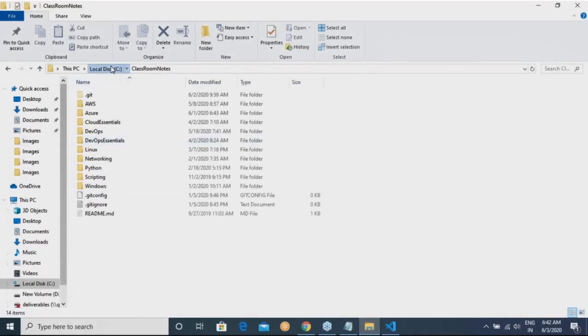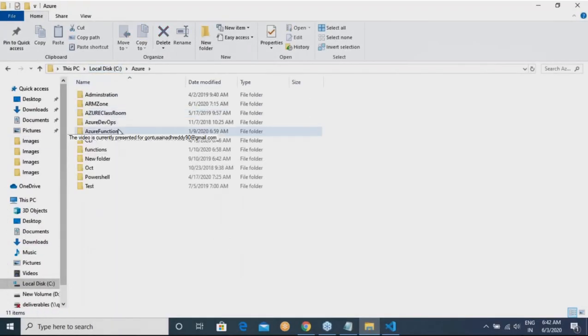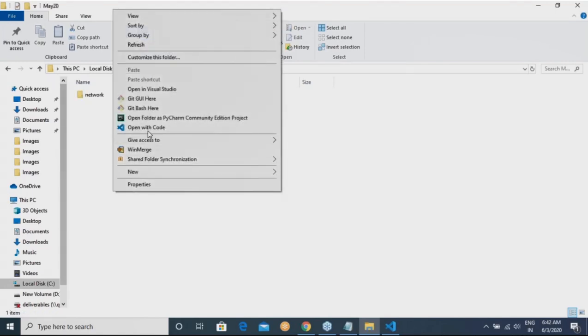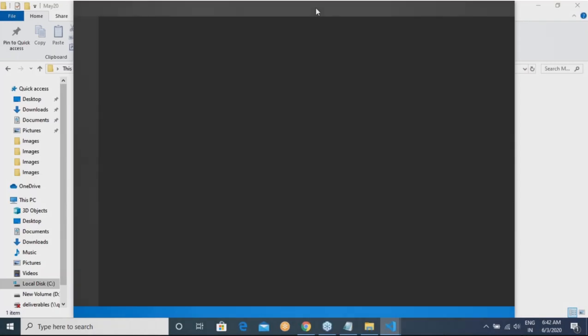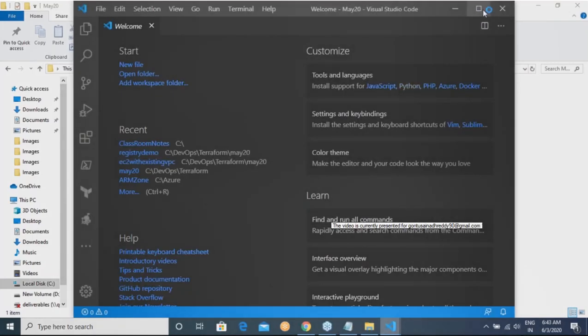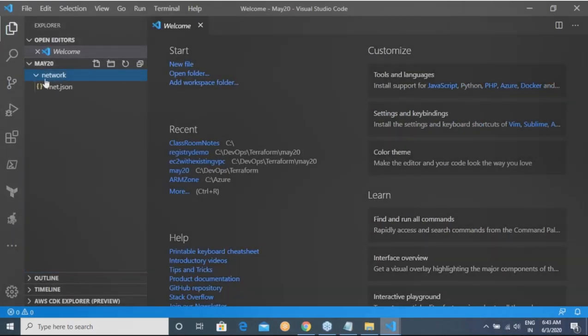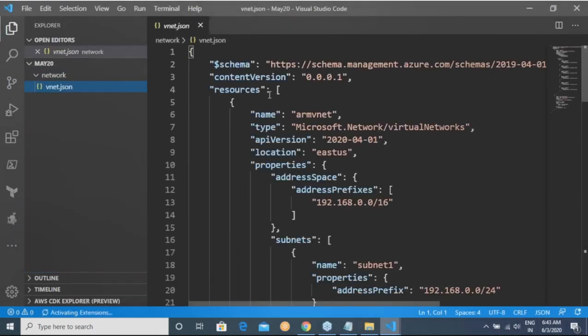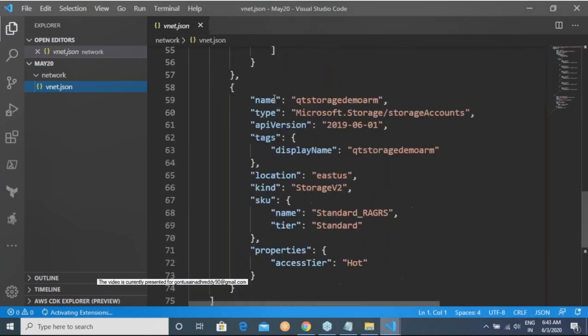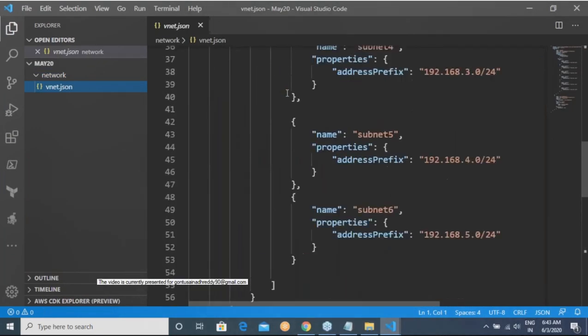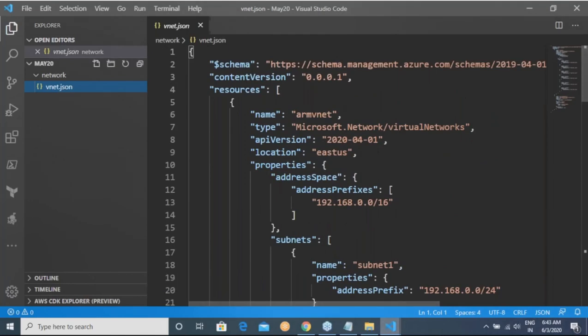So I'm opening C drive, Azure, ARM zone, May 20, and let me open. Okay. So this script definitely looks good. There is nothing wrong about it, or there is nothing bad about it. Okay. But there are some challenges into this. Okay. So the challenges are,